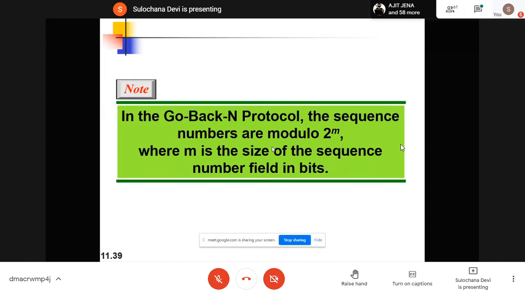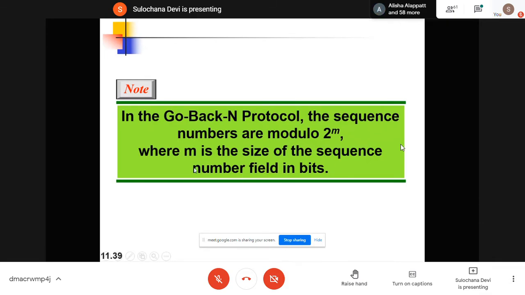Both are known as sliding window protocols. So the sliding window protocols are go back and selective repeat. And here the sequence numbers are 2 raised to power m, where m is the size of the sequence number field.